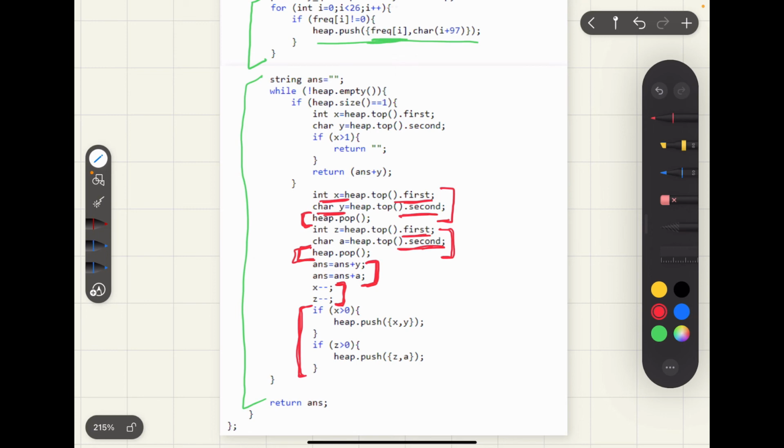But in the case when there's only one group left, let's say that there were A, B, C, and we have completely utilized B and C, and only group A is left now. In the case when only one group is left, we first take the frequency of that group and the character in that group. Now if the frequency of that group is greater than 1,